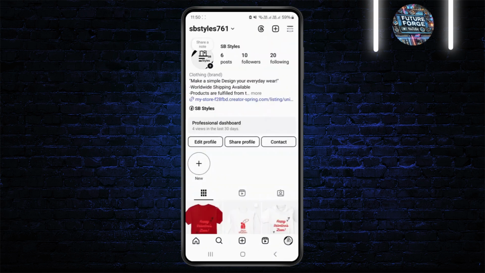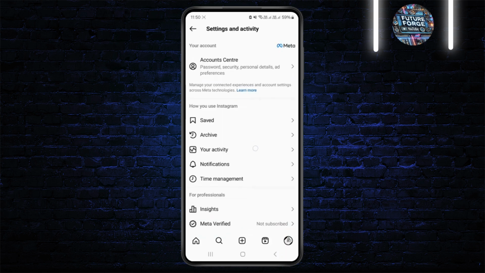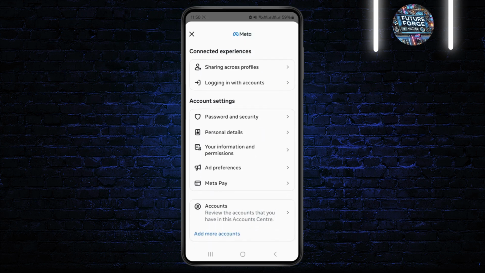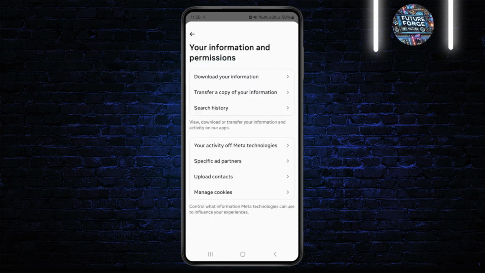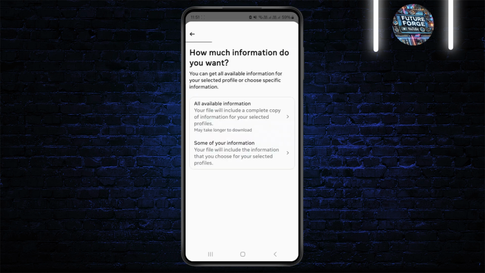and then just select this hamburger icon at the top right corner, just like this. And from over here just click on this Account Center and scroll down until you see this option called Your information and permissions. So just tap on it just like this. Once you tap on it, you can see there's an option called Download your information. Just tap on it. Once you tap on it, just click on this Download or transfer information option